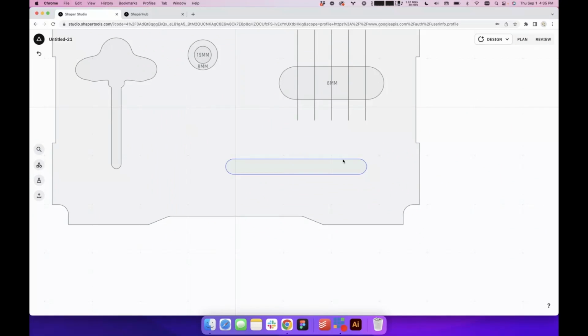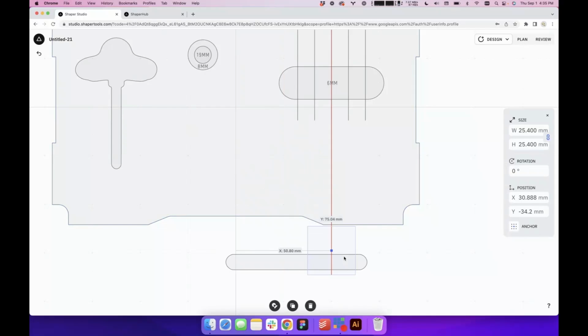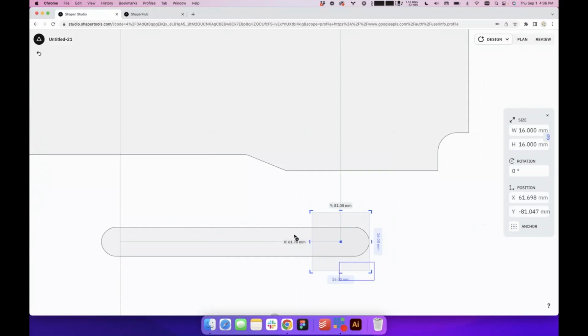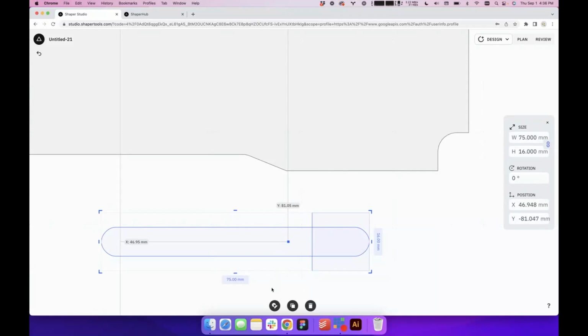Okay. And then we know that that's a 16mm cutter head, right? It's square, yeah. It's 16 by 16, actually. Okay, 16 by 16. So that's easy. So we're just going to make this 16 by 16. And then we can actually combine this to make a single shape. We could do 2 things. We could either cut this to be deeper if we really wanted, or we can combine these 2 shapes together with this tool we call Shapeshifter, which makes it super simple